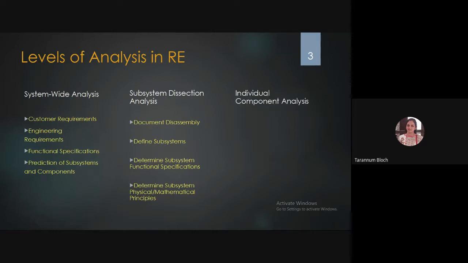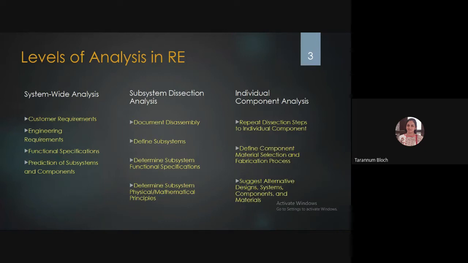And the third one is individual component analysis, where we have to repeat the dissection steps for each and every individual component. So let us suppose it is a social networking site, and you are working with Instagram. We know that there are different components, such as you can like a photo, you can post your stories, you can post your photos, you can do chatting with friends. So these are the subcomponents of a system, right?